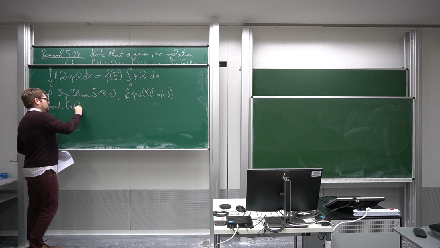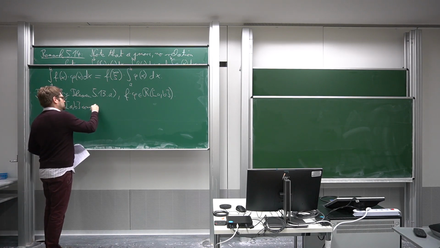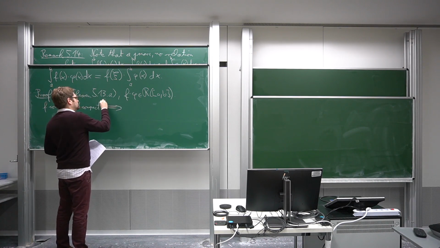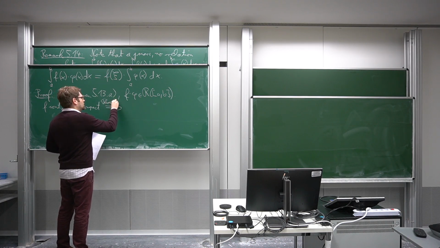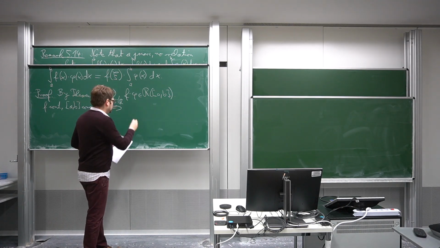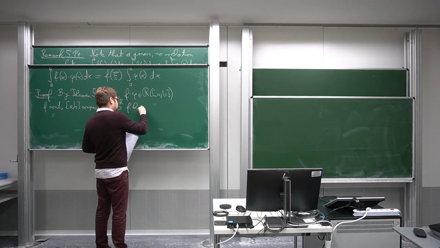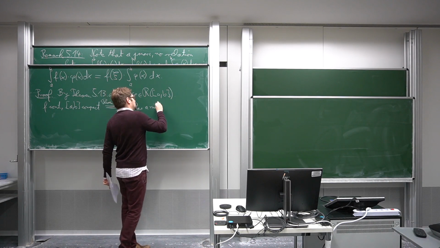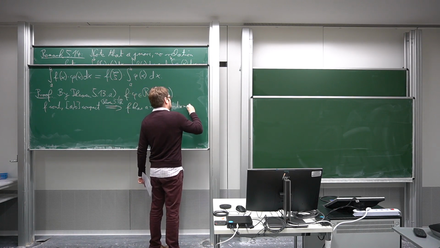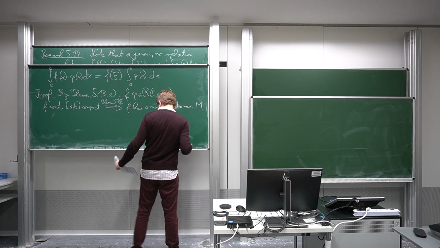Just to note this, f is continuous, [a, b] is a compact interval, so by a theorem from chapter 3, that was theorem 3.32, f has a minimum and a maximum. This minimum we call small m, and the maximum we call large M. And so